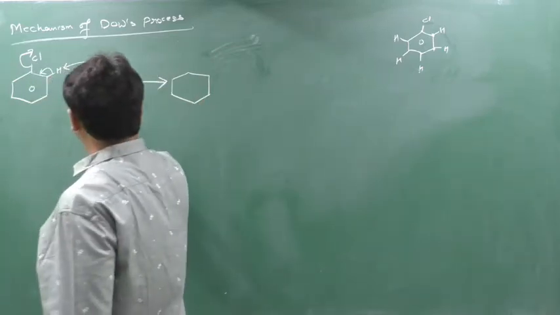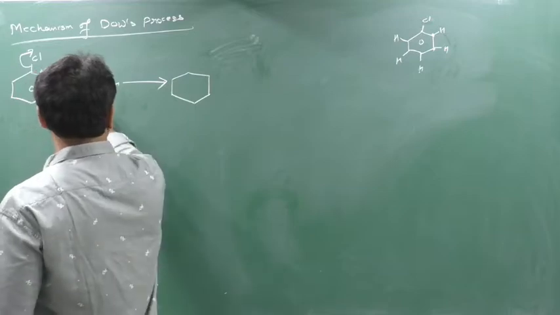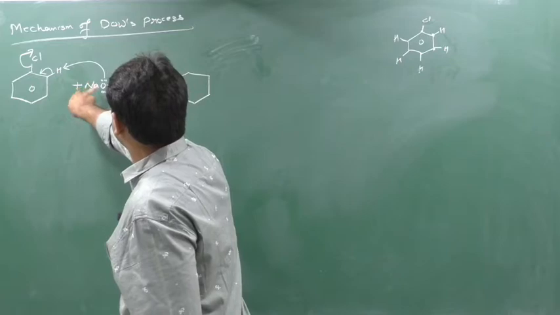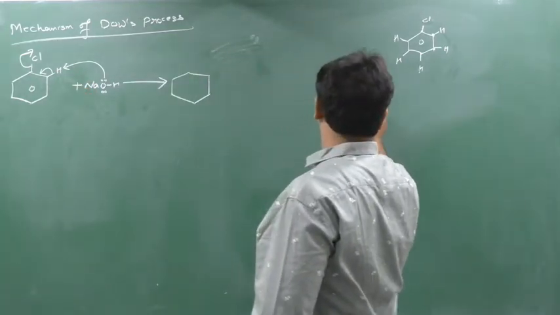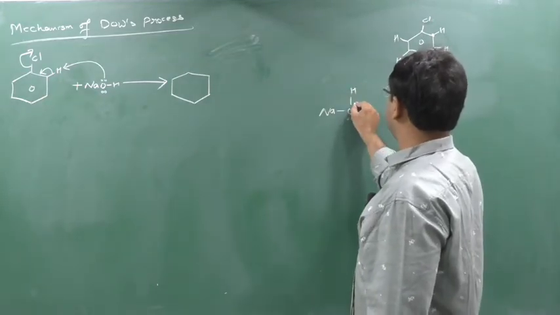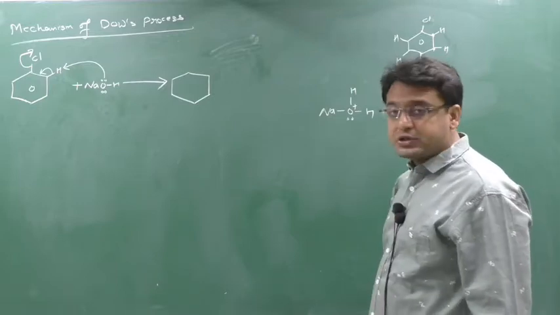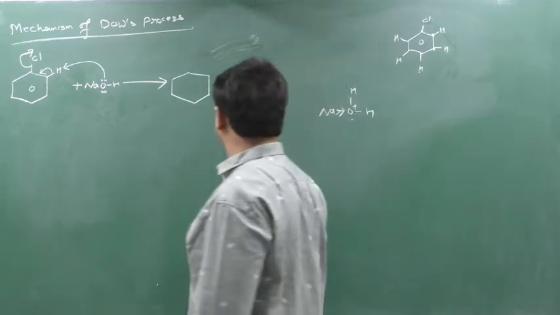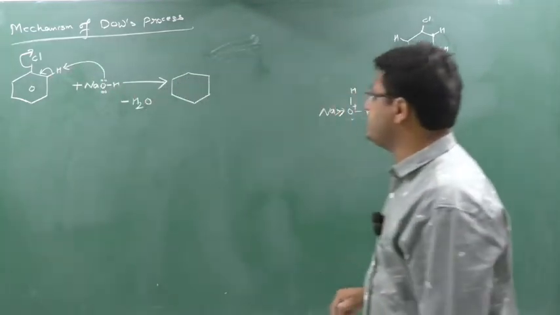The change that will occur is, and this NaOH you are taking in excess. So first, this oxygen, see here, what change will occur. First this oxygen is taking this hydrogen, so NaOH. Out of 2 lone pairs, 1 lone pair will be donated to this hydrogen, creating positive charge. Now oxygen is an electronegative element. It will not like the positive charge, so it will start to attract the electron from this Na, and Na will be released as Na plus, and here H2O will be generated. See here, this H2O will be generated.